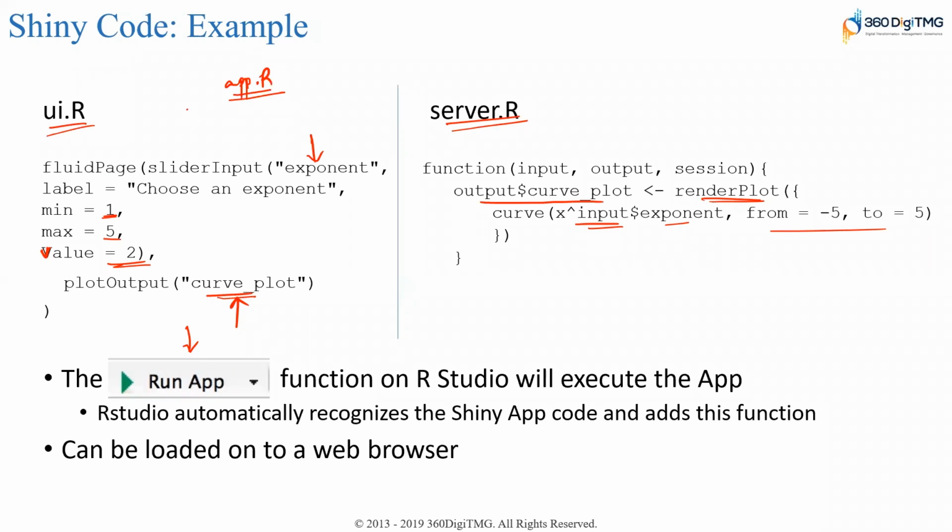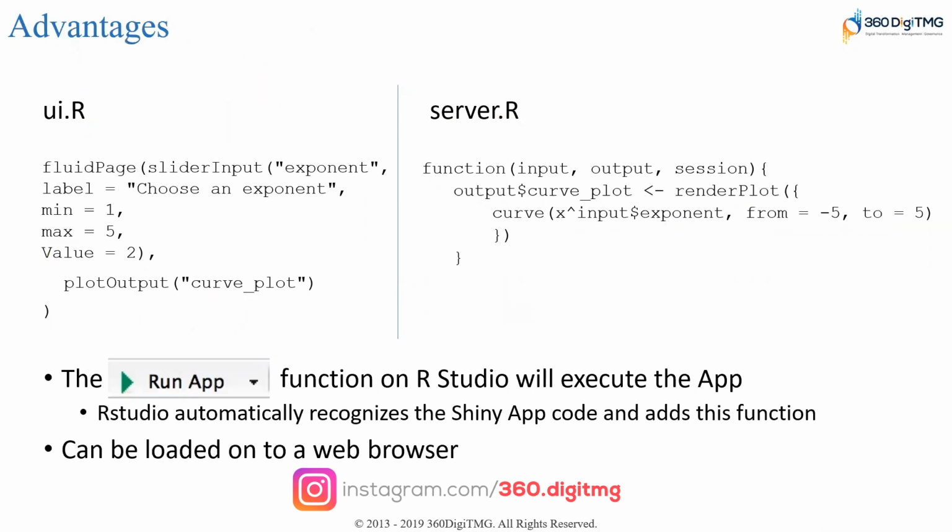Automatically, RStudio will identify that the code is a Shiny app code, and it would give this button. We generally have a run button in RStudio, right? But when I'm developing this Shiny app code, RStudio will automatically understand that, and this run button will change to Run App. You just click on Run App, and these codes are internally called, and you would get the visualization.